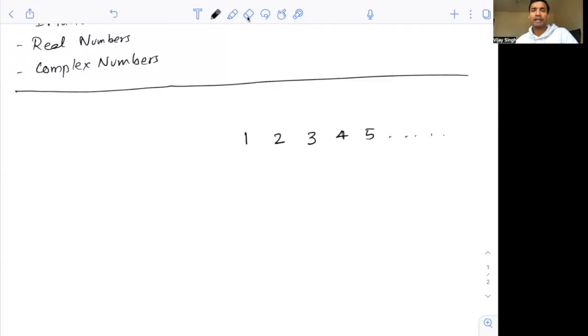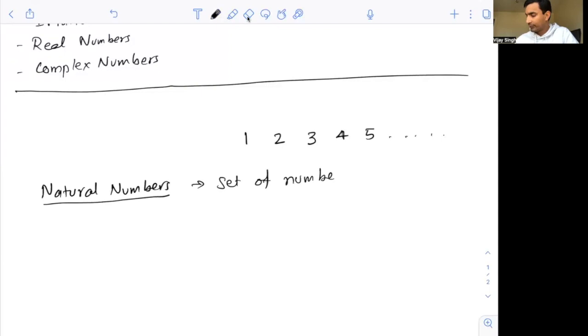Now, if you have a set of natural numbers, you can define some operations on them. The natural numbers are the set of numbers starting from 1 all the way to the largest number possible. Now, you can define very easily two different operations on natural numbers. One of them is